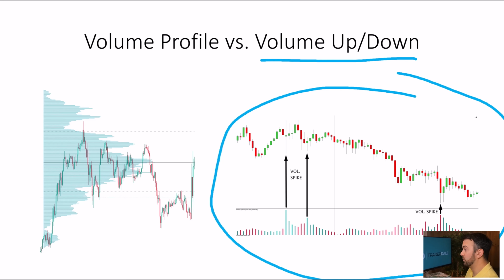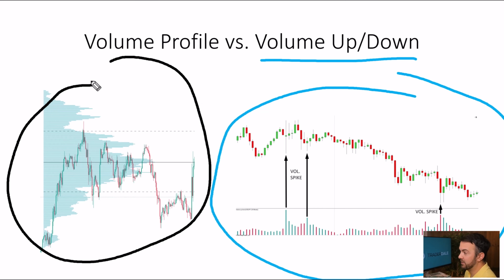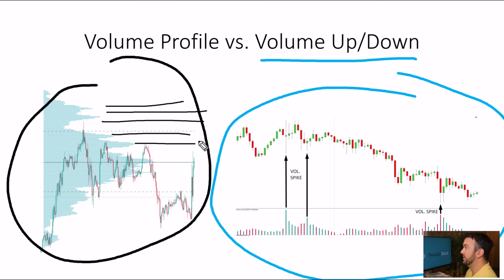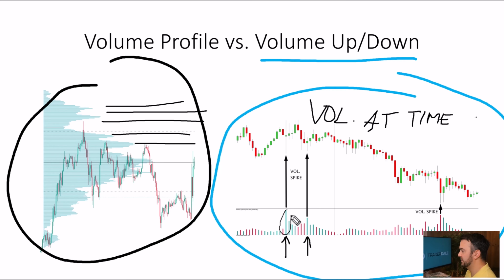Here's a comparison of the volume up-down indicator versus the volume profile indicator. The volume profile is showing volumes at price, and the volume up-down indicator is showing at what time heavy volumes were traded. So it's not volume at price as on the volume profile, but this is volume at time. And as you can see, it shows, for example, here and here or here, in which candle the volumes